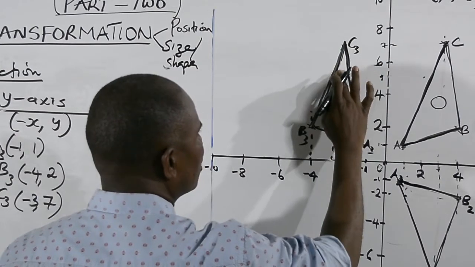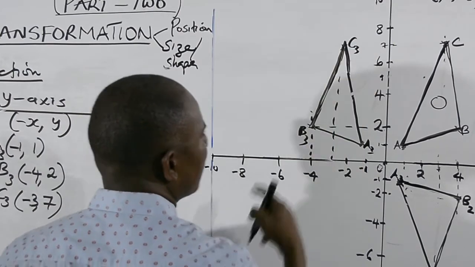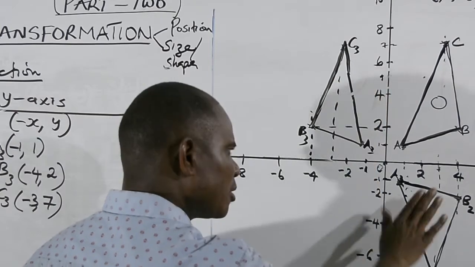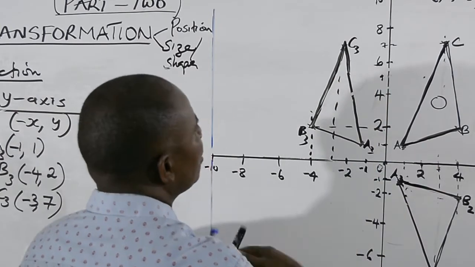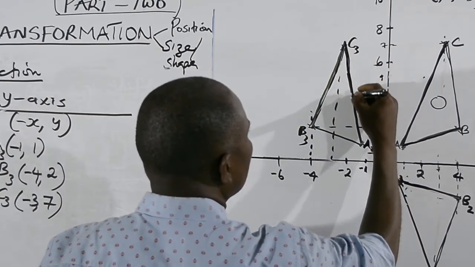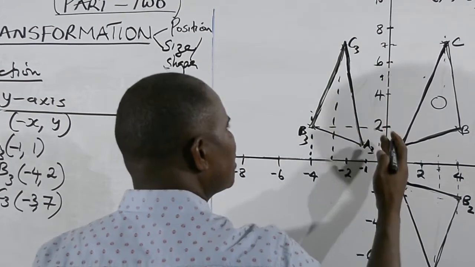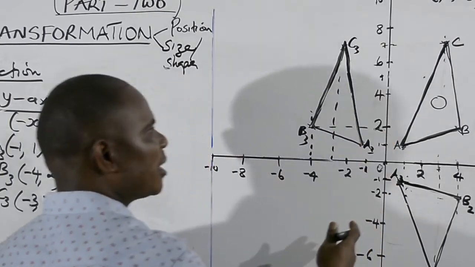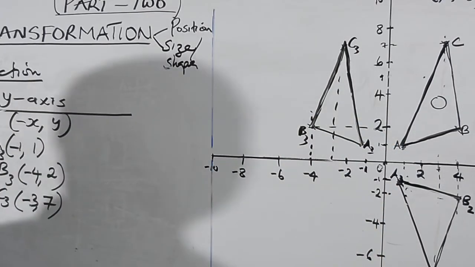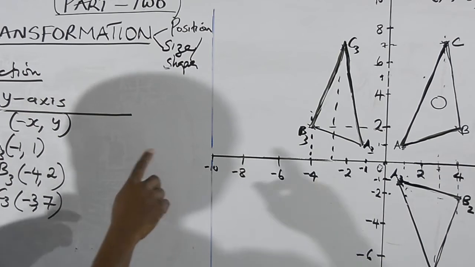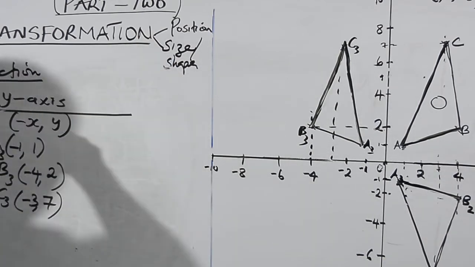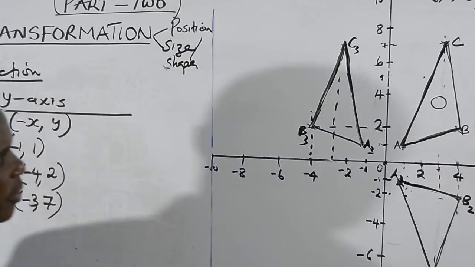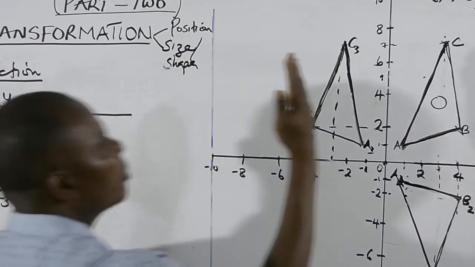So now you see that it has been reflected in the y-axis. This one is reflected in the y-axis, and here it's reflected in the x-axis. The y-axis is the mirror, and it has divided the distance between the object and the image symmetrically. That's what we call bisecting the distance between the object and the image along the y-axis, which gives you the y-axis reflection. And we have the x-axis reflection, which is like the mirror on the floor. Here the mirror is standing upright.